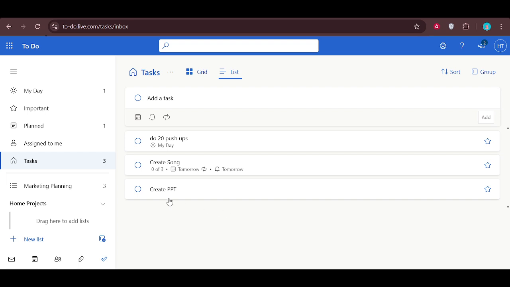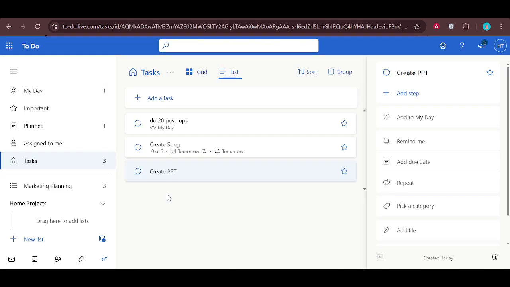First, open Microsoft To Do and find the main task you want to break down. This could be something already on your list, or you might quickly create a new task with a short title. Once you see it in your list, click on that task to open the detail view. The detail view is the panel that appears on the side of your screen and shows more information about the task you selected. When the detail view is open, you'll see options related to that task, such as due dates,